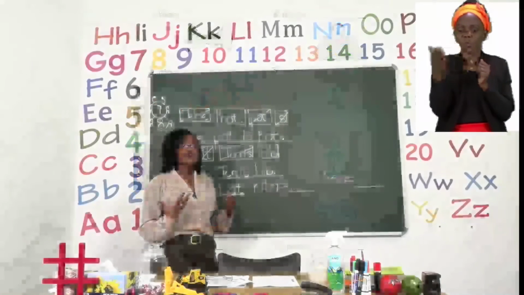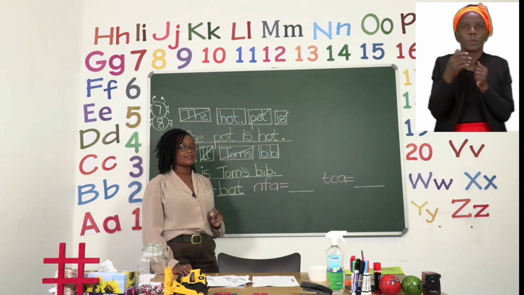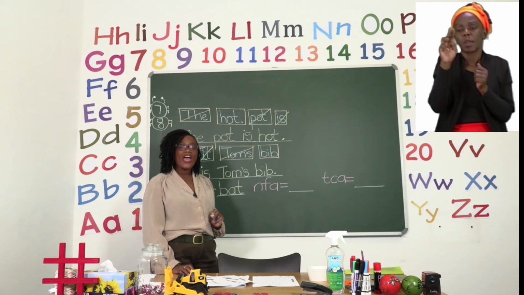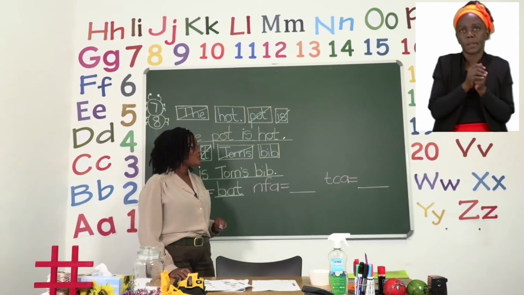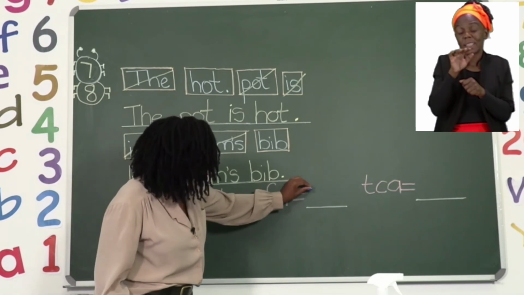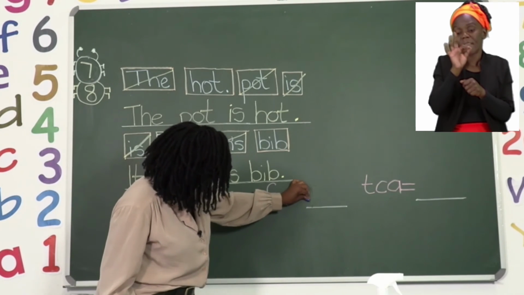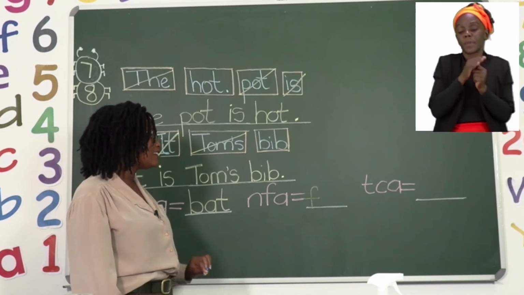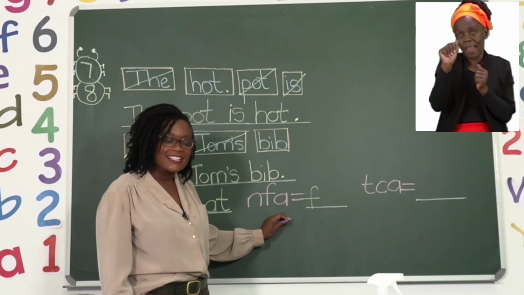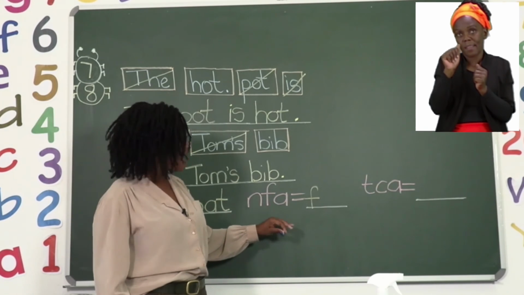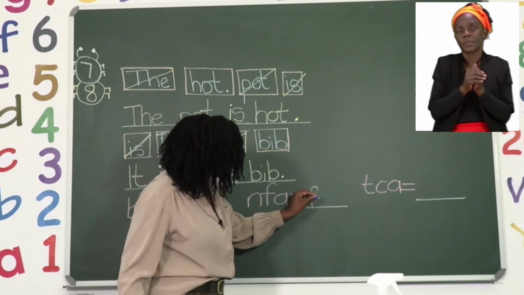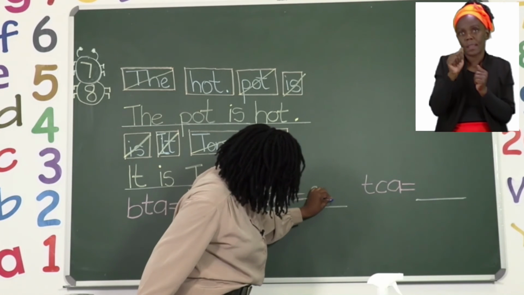Now let's say the word slowly so we can see which sound it makes. Fan. So it seems like the first letter is F. So we are going to put our F. And then the next one, let's say the word fan again. Fan. That sounds like an A sound. And we have an A there. So we're going to put our A.